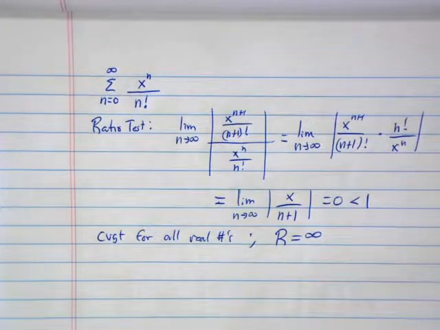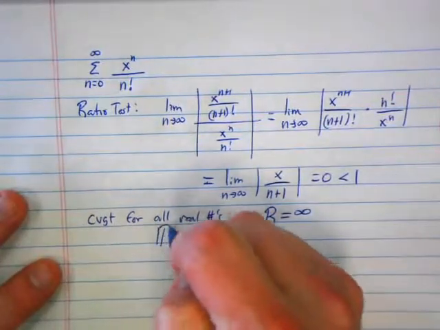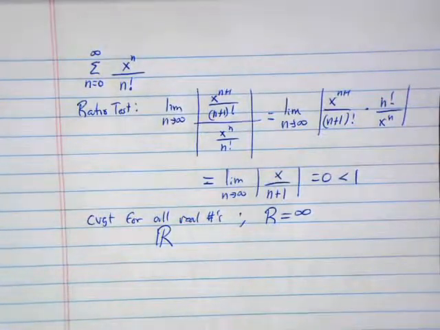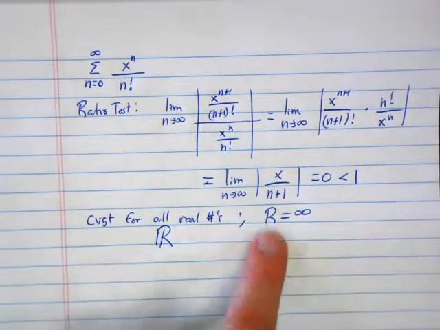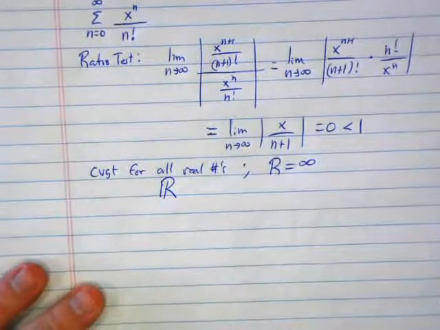All right, let me grab a good one out of the book here and see if we can find its radius of convergence. What's the symbol for all real numbers? Is it the R? It's usually a fancy script R, as opposed to this R. How about